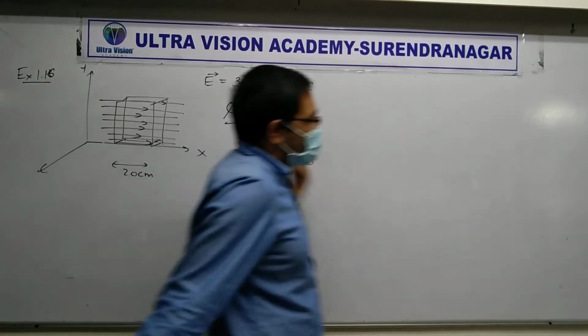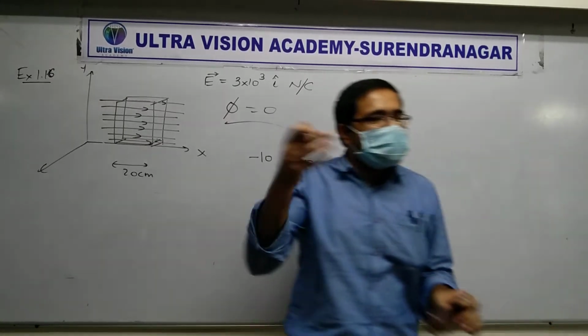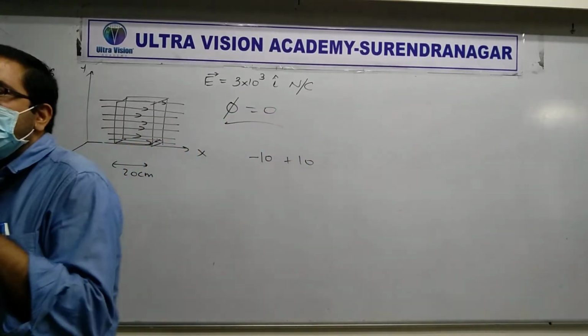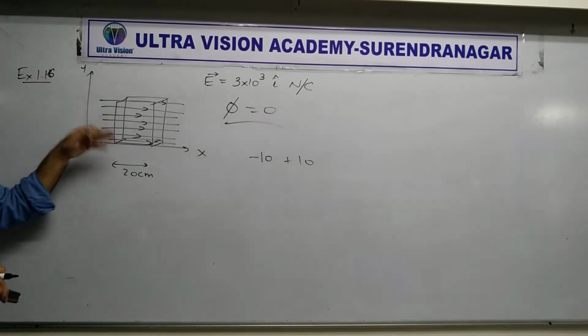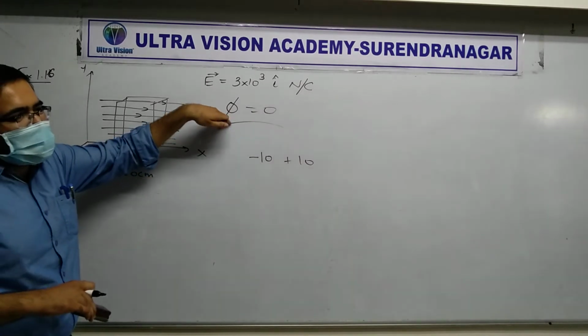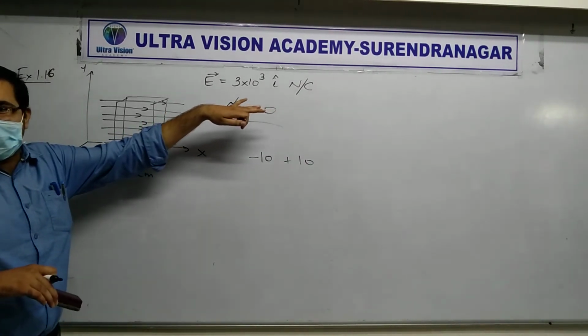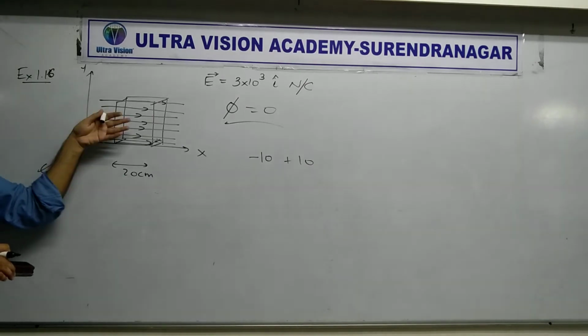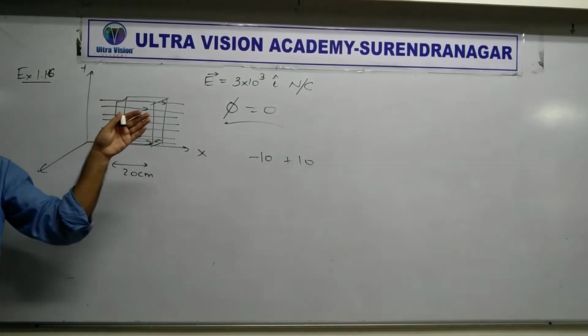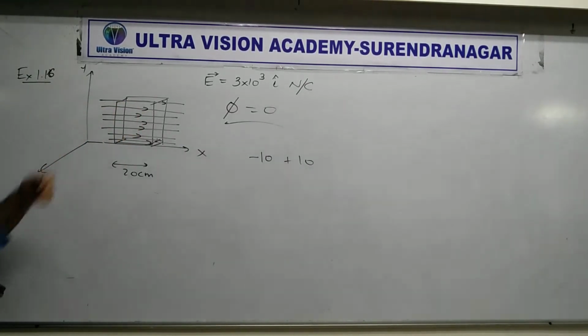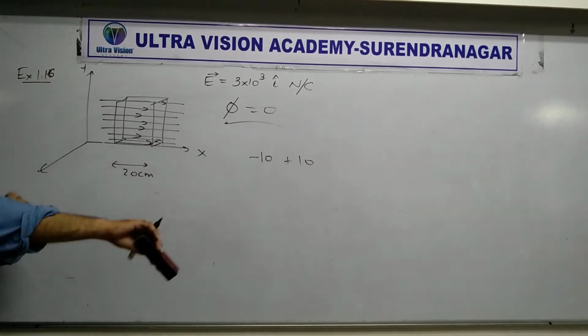Frankly, there's nothing wrong with what I told you. The number of field lines entering and the number of field lines leaving is just the same, and so the flux is exactly 0. Right? This is not a proof. I mean, it's a valid idea, but it's not a mathematical proof. For practice, I will come to the proof.